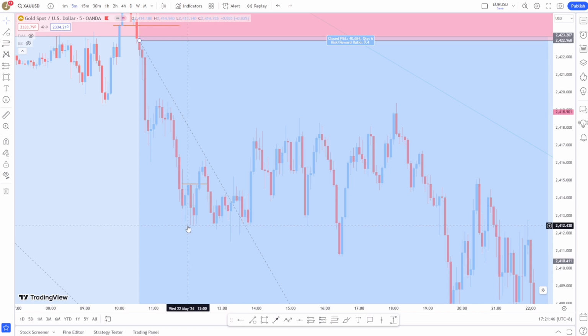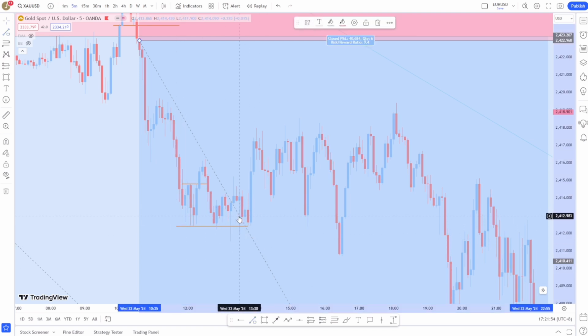Technically we are still bullish. So you can probably refine it to the 1 minute to get this kind of move up. But I wouldn't do that. I would just wait for the 5 minute to become bearish again,